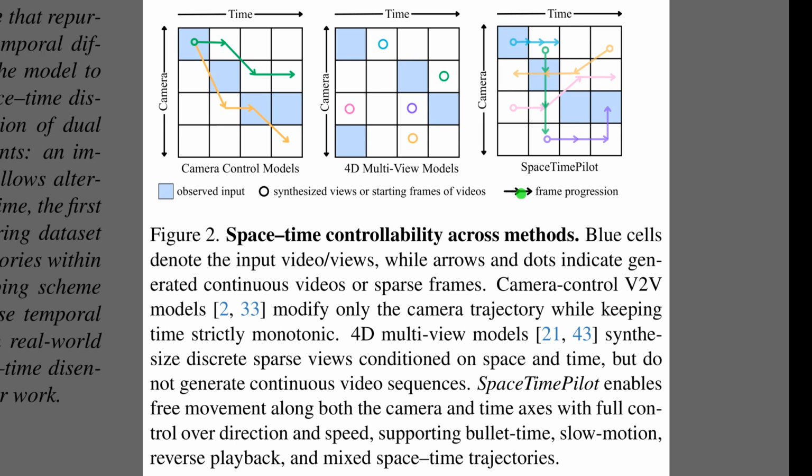To understand the difference, Figure 2 maps the control landscape on a grid where the horizontal axis is time and the vertical axis is the camera angle. The blue diagonal cells represent the original input video. On the left, standard camera control models can change the viewpoint, but they are locked to moving forward in time. The middle panel shows 4D multi-view models, which generate isolated frames, shown as dots, but fail to produce fluid video. By contrast, the right panel illustrates SpaceTimePilot, which enables continuous trajectories in any direction, effectively decoupling the camera from the